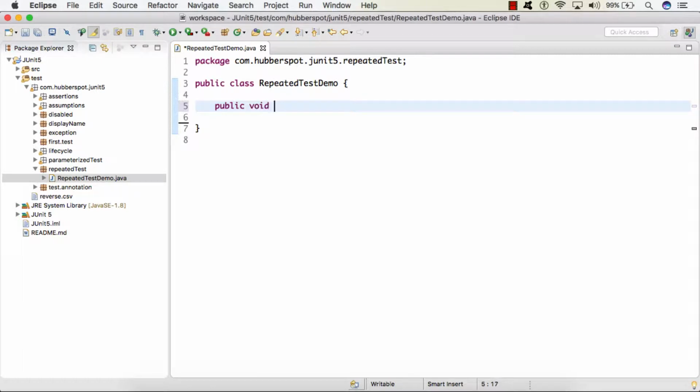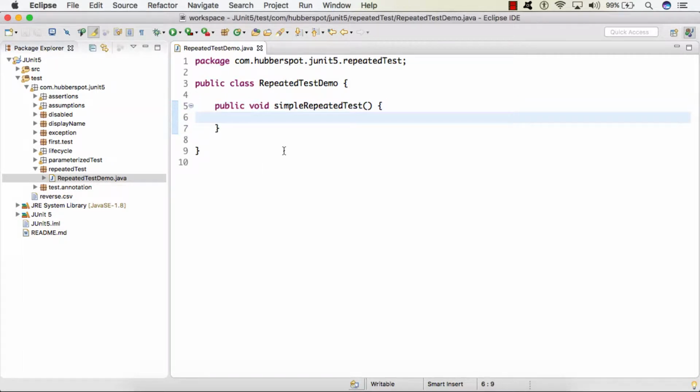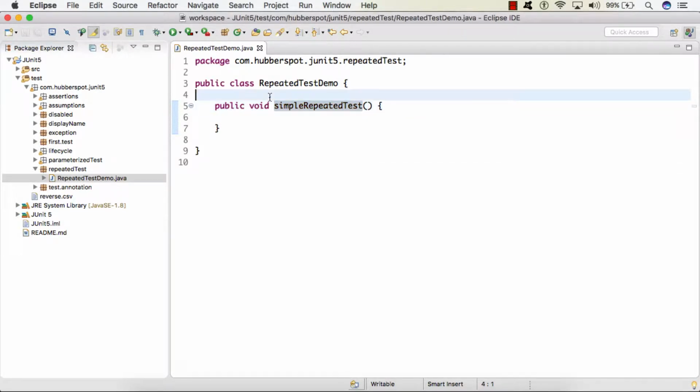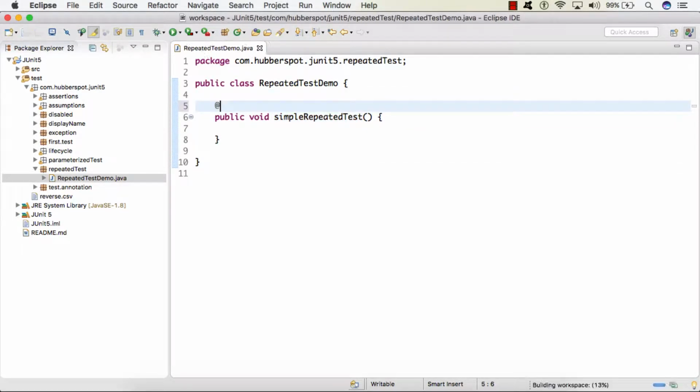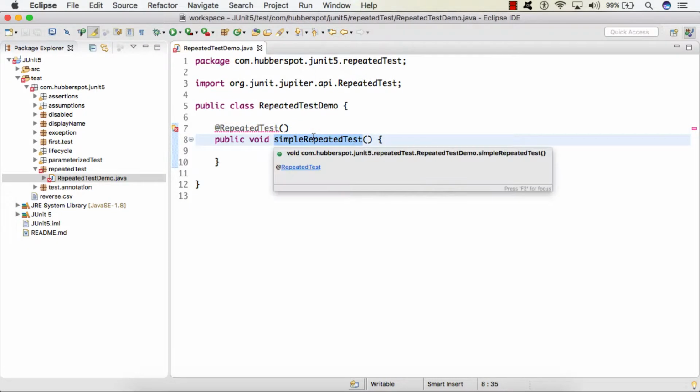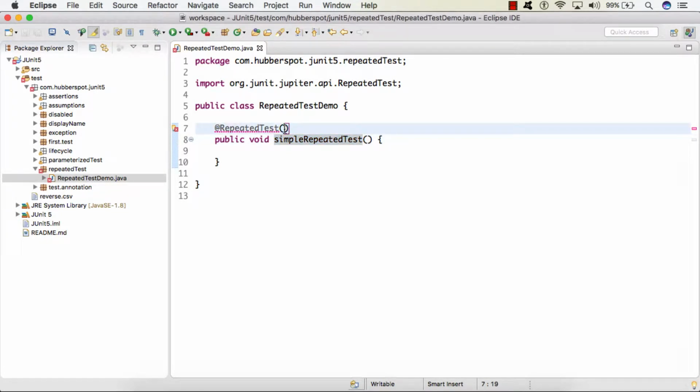Let's say public void, we'll give a name to it as simpleRepeatedTest. So friends, in order to execute this test case multiple times, instead of providing @Test, we have to provide @RepeatedTest. And to this annotation, we have to provide the number of times we need to execute this test. So let's say I provide a value as 5,